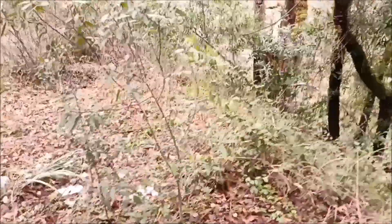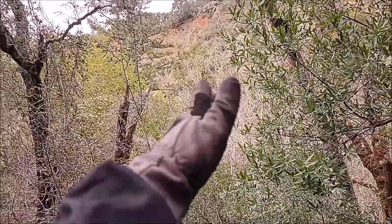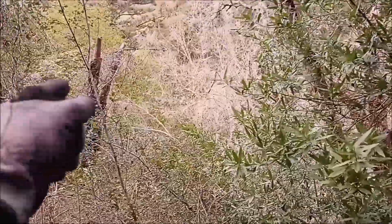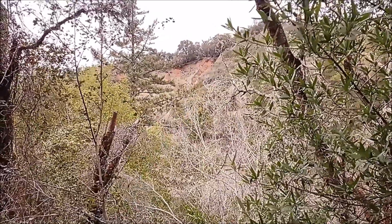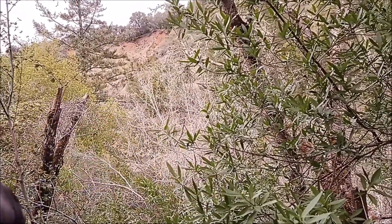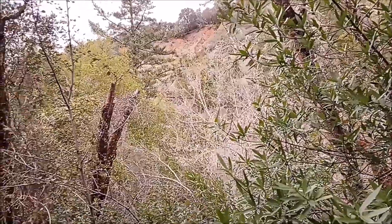Just before I shut it off here, there's the big landslide top there. So that's where that horseshoe bend is. The creek makes a 180-degree turn there, and the creek is just eating into the base of this hill here. And you can see that slide. That's about 400 vertical feet. But that whole thing there, the creek is just eating the bottom of that hill out, and then you get a good earthquake shake, and that whole hillside cuts loose,